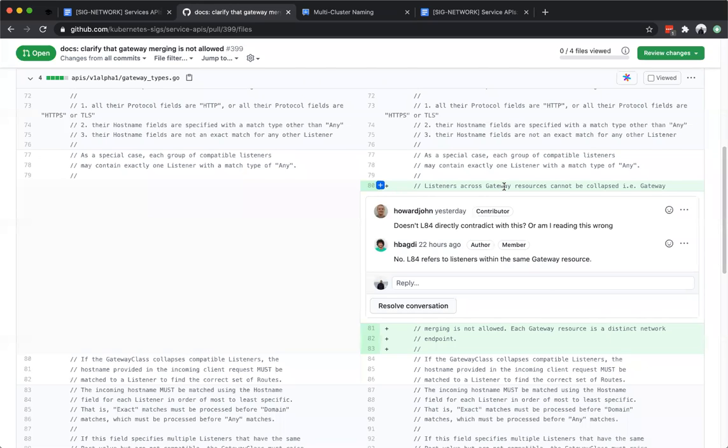I get the confusion, but I also haven't thought yet of how to reword this. But I think this is the right area, and it's tricky to get the wording right in the context of everything else saying compatible listeners collapsing, etc. But you can't collapse this one thing, but I think this is good and important to add.